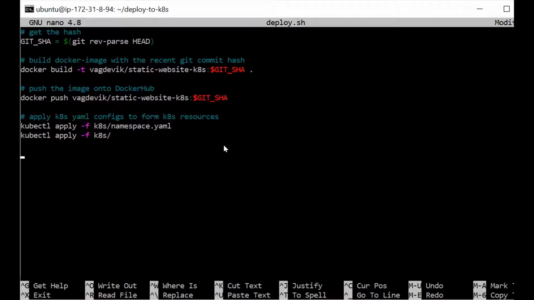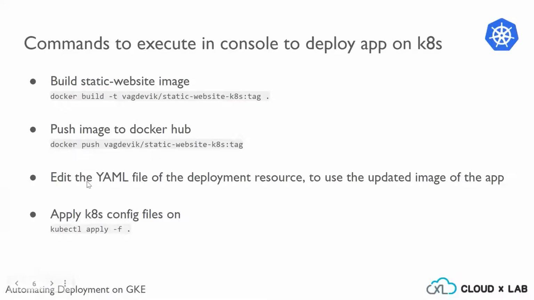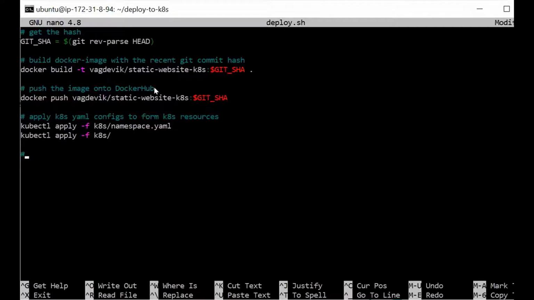Okay, so after this, as we have discussed previously, we also need to edit the YAML configuration file of the deployment resource and to use that updated image of that app, right? So the basic idea here is to deploy the updated application, right? So that is the reason we are doing all these things.